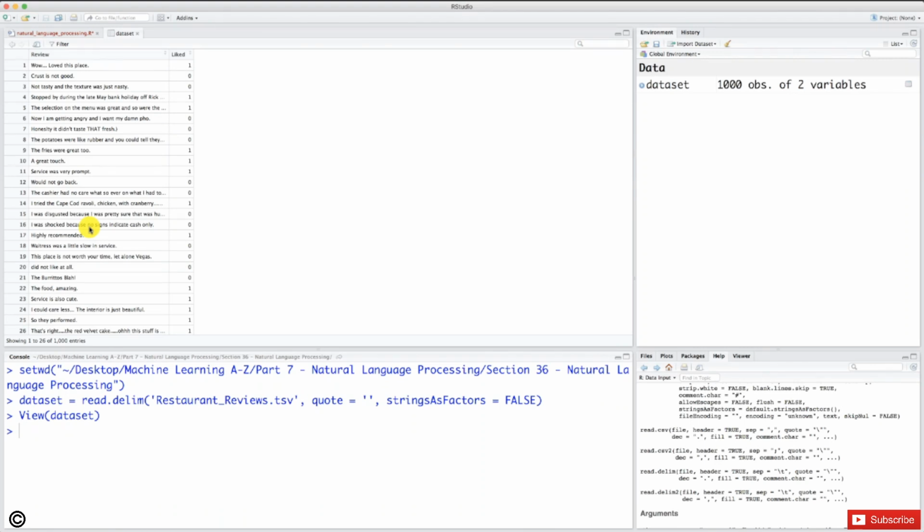And then each cell in the table will correspond to one row that is one review and one column that is one word in all these words in these 1000 reviews. And in this cell, there's going to be the number of times the word appears in the review. So for example, here is the first word, wow. Well, there's going to be a column for this wow word here. And so for the first line that corresponds to the first review, well, this wow column will get a 1